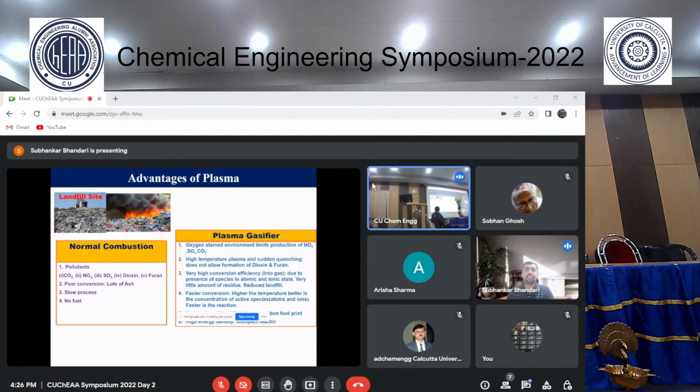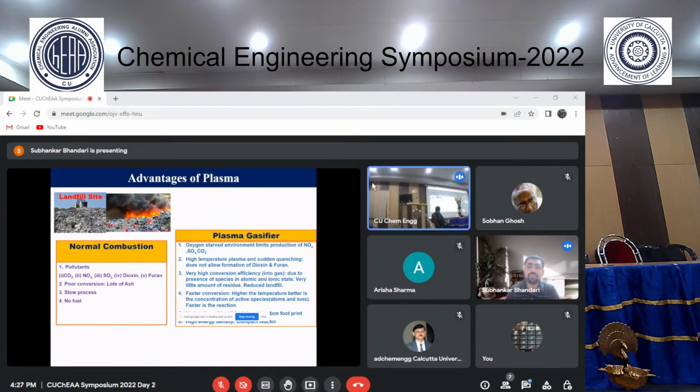Now, what are the unique advantages of plasma over other conventional techniques? The first one is, there are two buzzwords for this decade and the upcoming decade. First one is circular economy, and second is decarbonization. So the entire world is behind carbon-free energy sources. This is one example of it, a wonderful device as a carbon-free energy source.